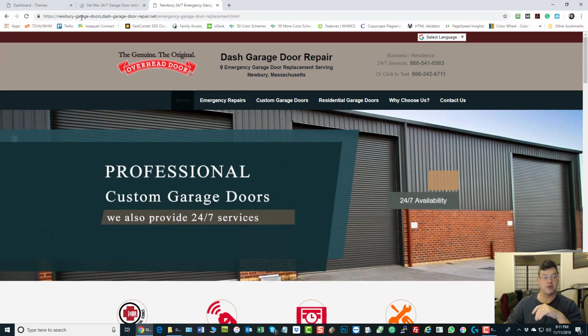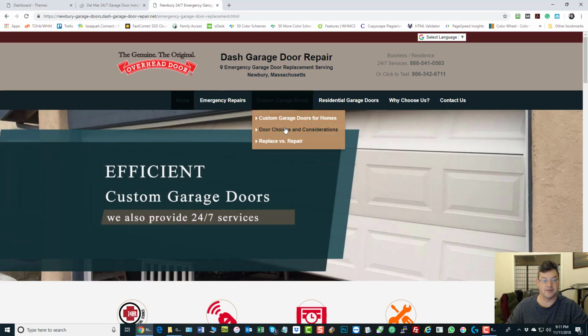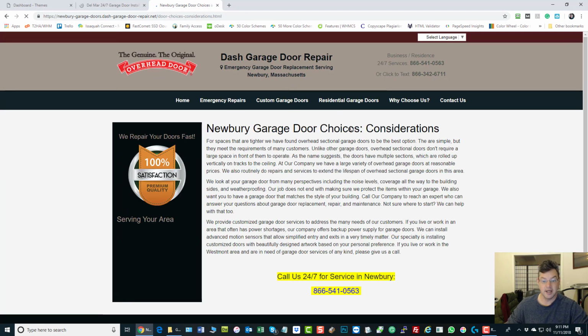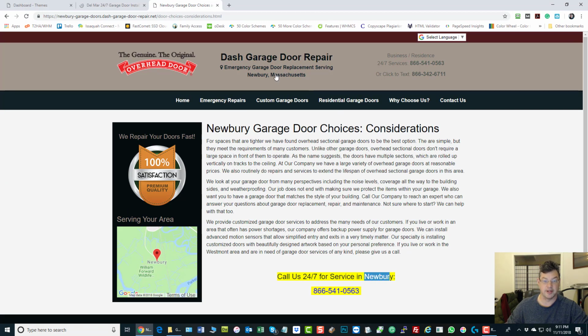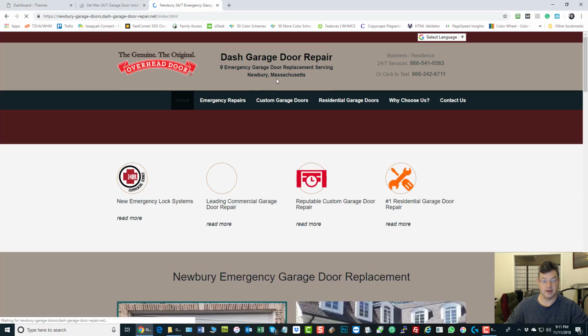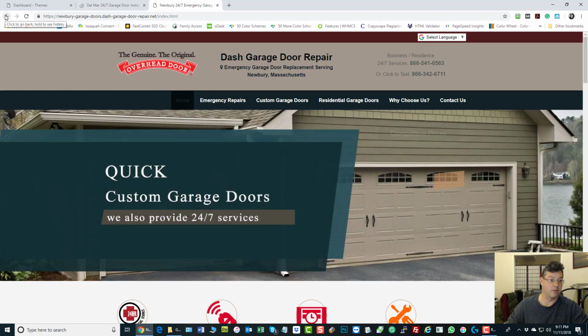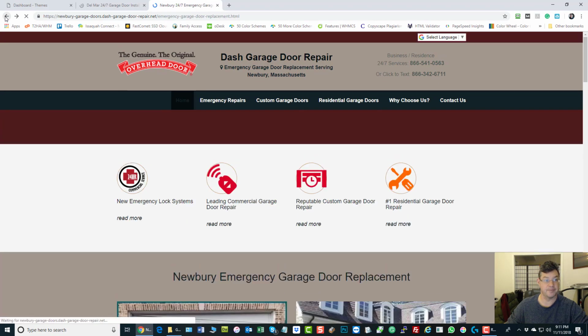And now what's cool also about these things is that this is contained within that subdomain. So for instance, if I go read about this, it is still talking about Newbury. It's still talking about Newbury garage door choices and all the stuff there. The map is still for Newbury. All of this is for Newbury. Okay. Even when I click home, it stays right here in Newbury, Massachusetts. But where was I? Okay, if I go back to the sitemap